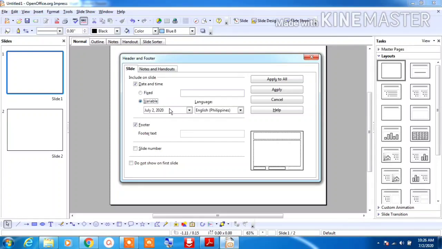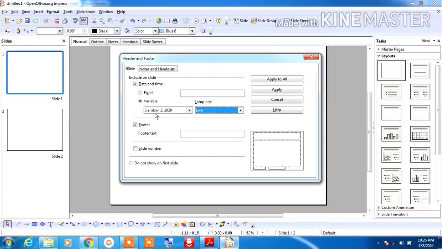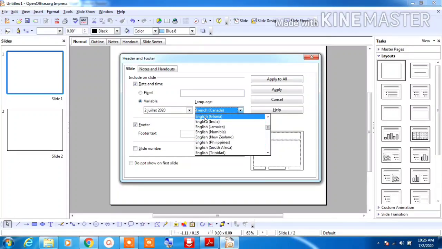Variable means you can change the language of the date according to the selected language: English South Africa, English UK, and so on. Here you will see the date in another format, and in French, 2 Juillet 2020. You can choose any language.